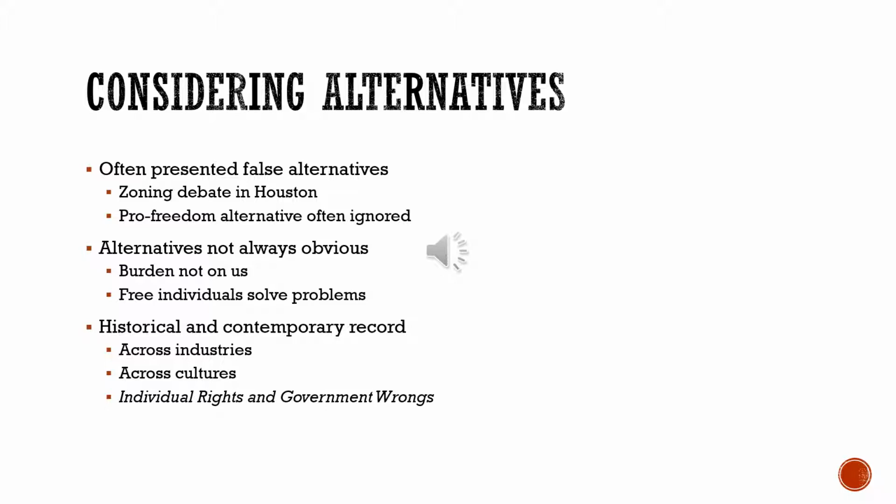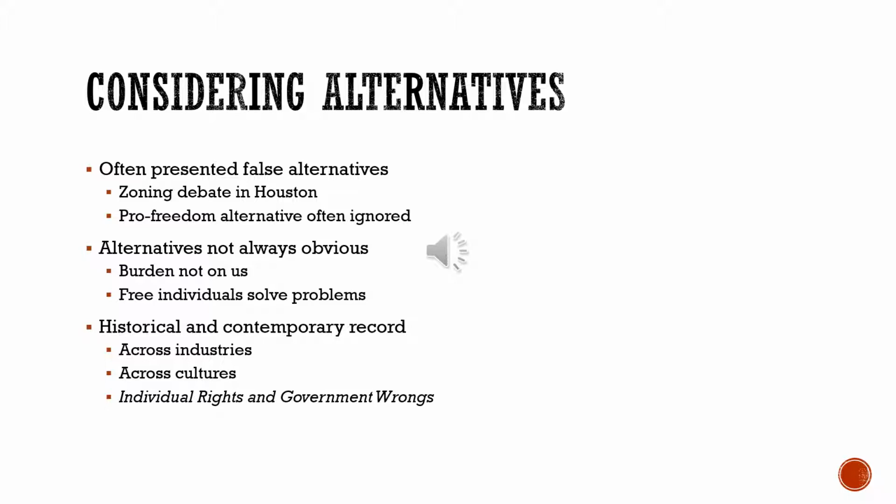Often, the advocates of property rights violations will ignore pro-freedom alternatives. They see some problem or an alleged problem and immediately look to government for a solution. And they don't even consider loosening controls, loosening land use regulations or building codes or other government restrictions that might be contributing to the problem. And similarly, they often exaggerate the problems to make it look as if fewer restrictions are contributing to the problem